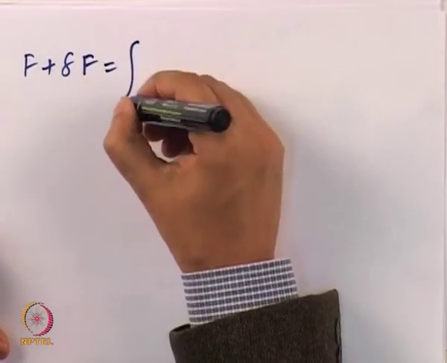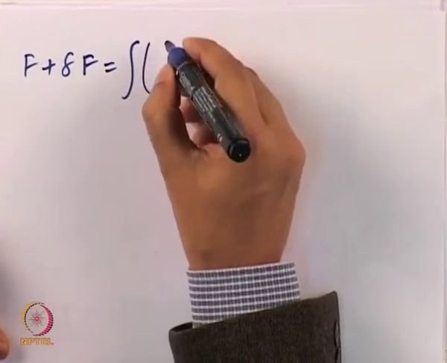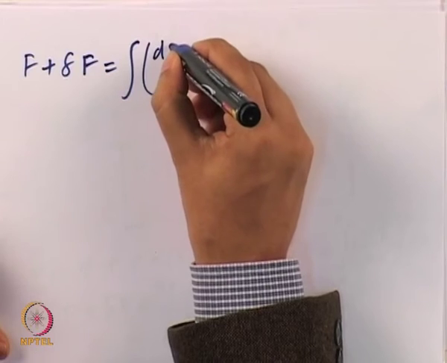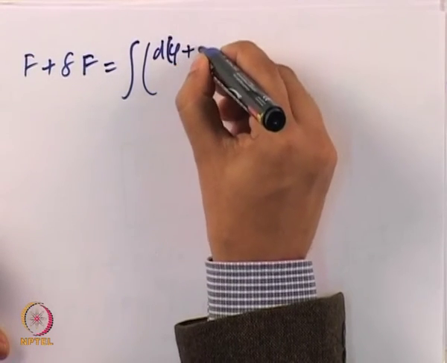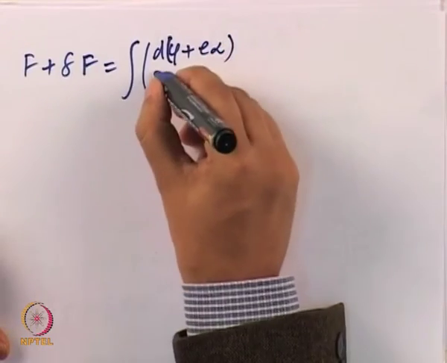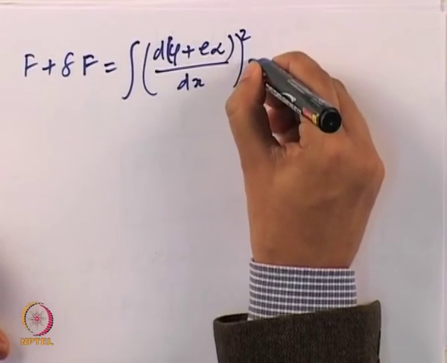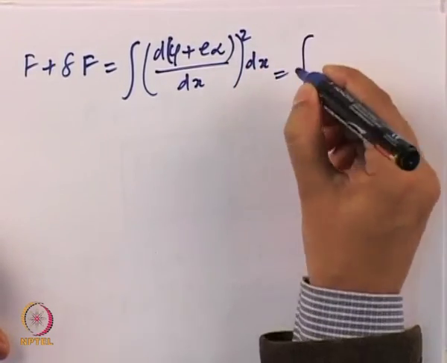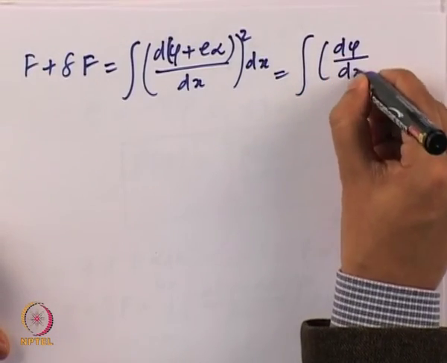For the moment we will forget about the integration limit and focus on the expansion. So we will have the integral of d of phi plus e alpha, divided by dx, the whole square dx